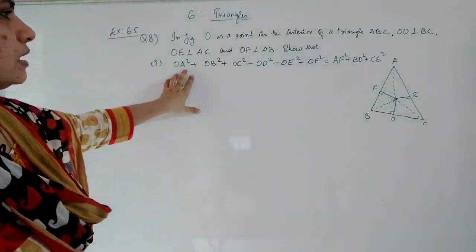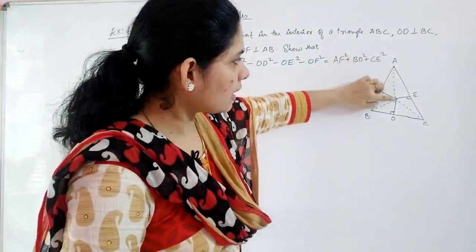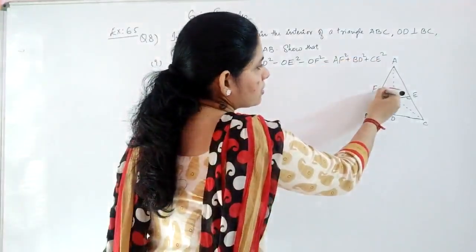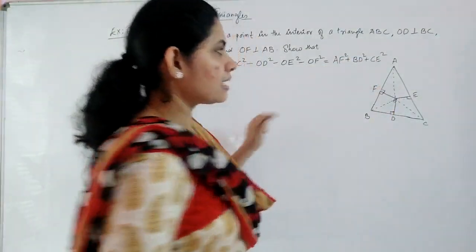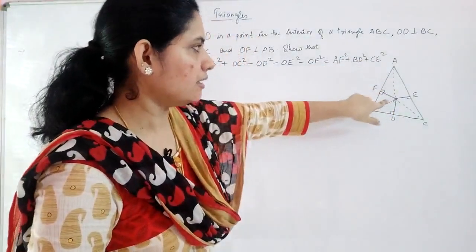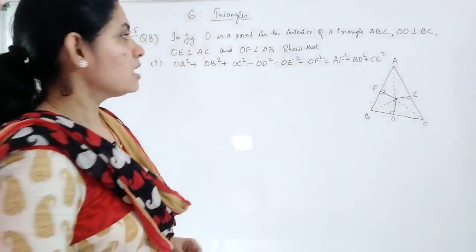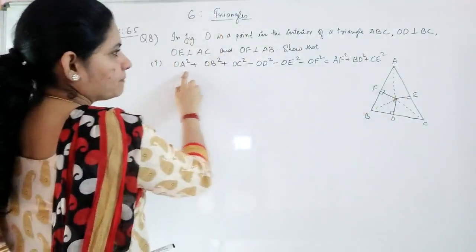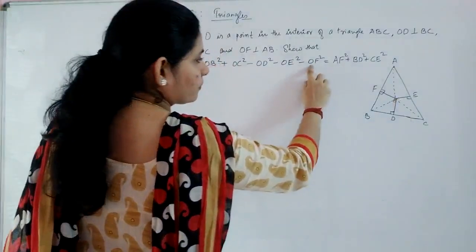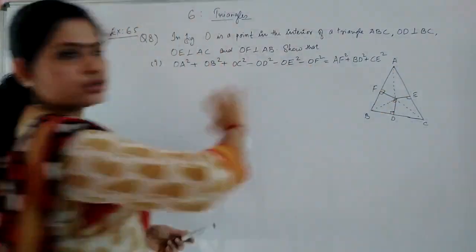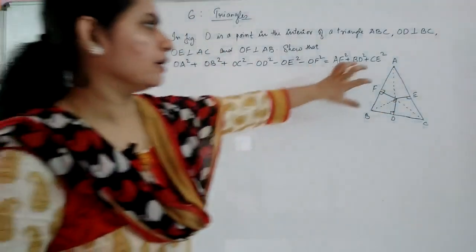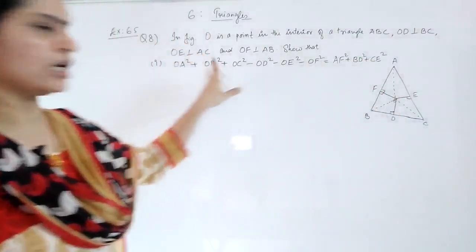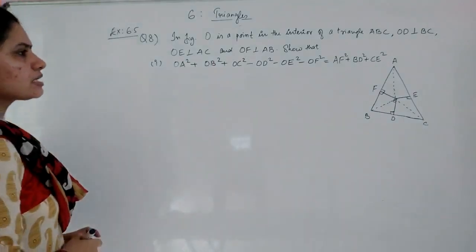Then you just see, when we consider this triangle AOF, why we are considering this: here it is 90 degrees, that means here also it is 90 degrees. It means AOF is a right angle triangle, and here you can use your Pythagoras theorem. Relating the sides, you have OA here, so this is OA square. Then you have OF and AF. Again, you can use the Pythagoras theorem in this triangle and then in this triangle, so that you will get the result. Okay, so let's start with joining